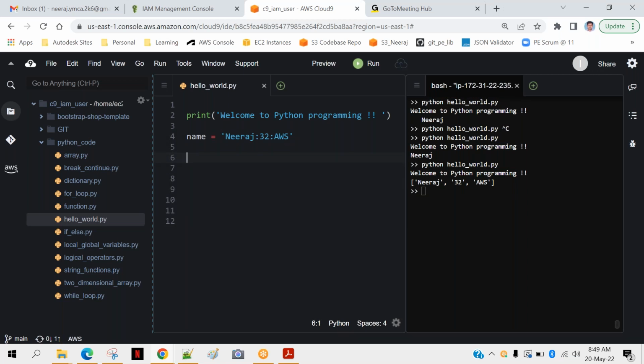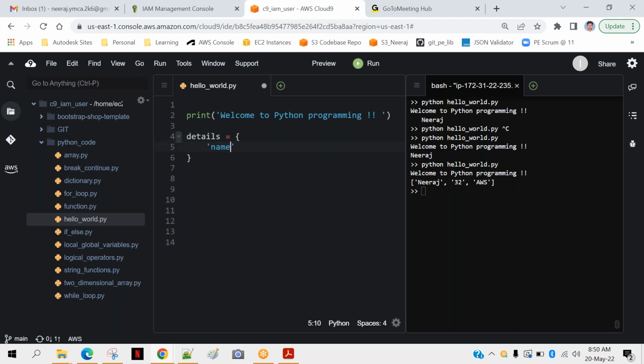And moving to the last topic for today, that is dictionary. Dictionary is nothing but a collection of key value pairs. So let me delete this and I will give the name like details is equal to, you have to provide curly brackets. Okay, and in the curly brackets you will provide key value pair.